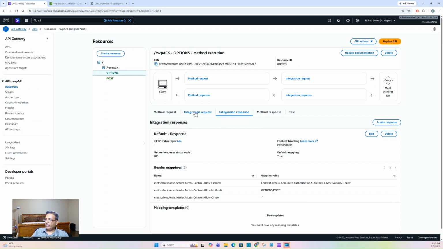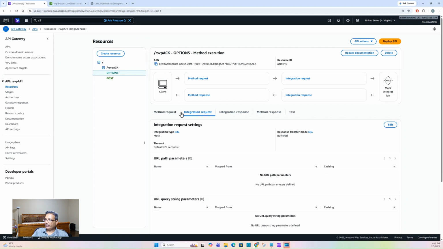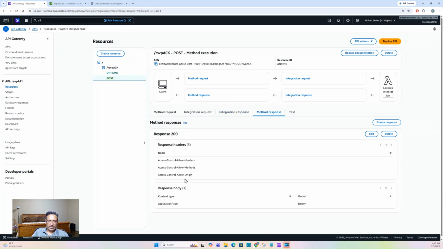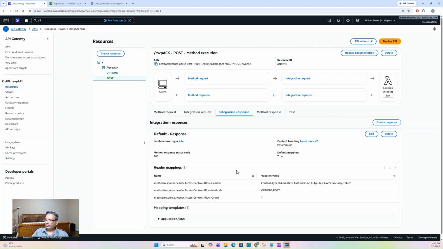And similarly for integration request, nothing is set up. But you need to have method response and integration response for options. And you also need to do a similar thing for the POST as well. So for method response, you need to have those response headers here, and then you need to have integration response